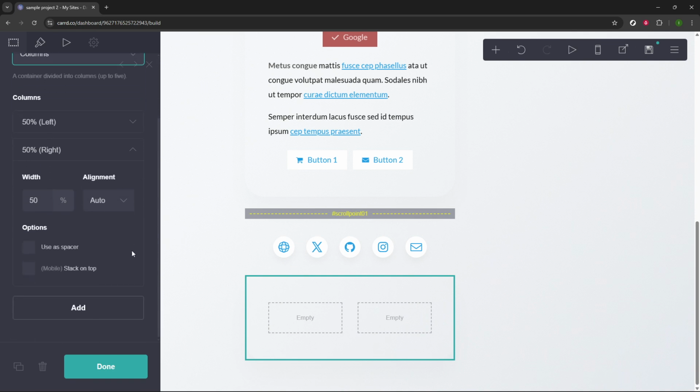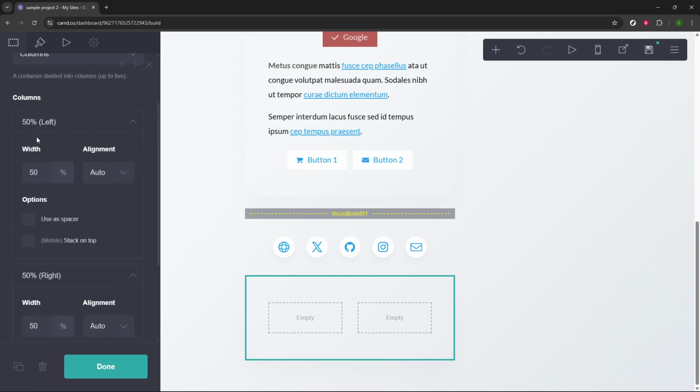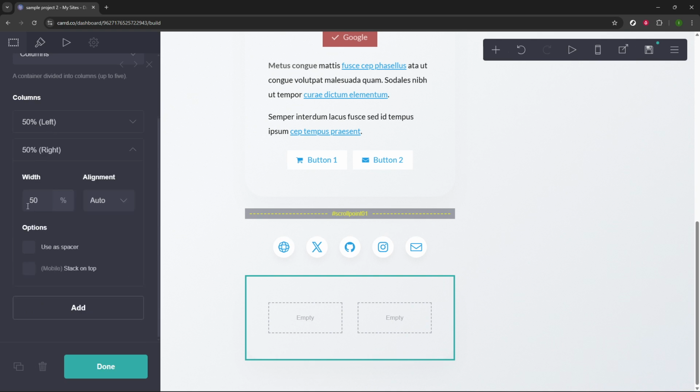Columns make it easy to place content side by side, like text next to an image, or a set of features arranged evenly. Next, adjust the division by changing the percentages assigned to each column. This determines how much space each column gets. For example, a 50-50 split gives you two equal columns, while 30-70 creates a narrower column next to a wider